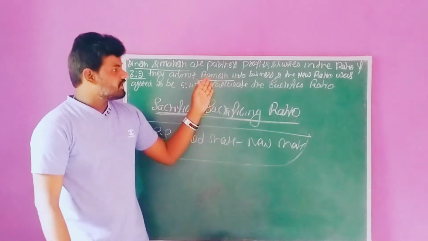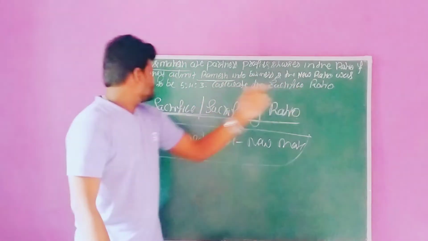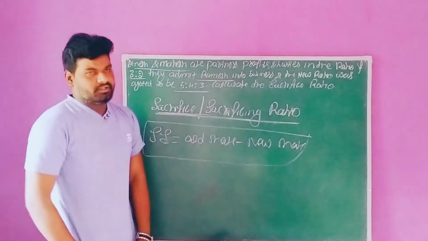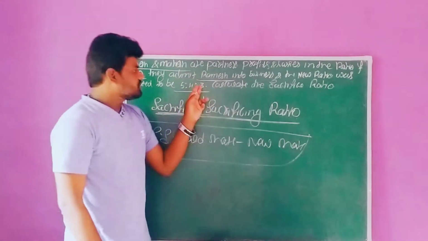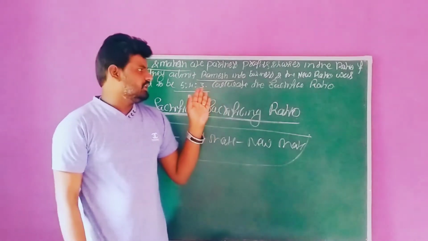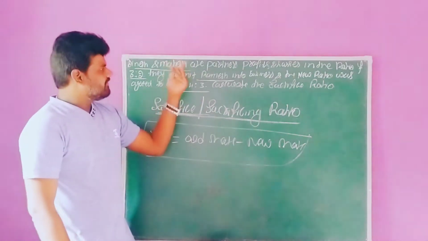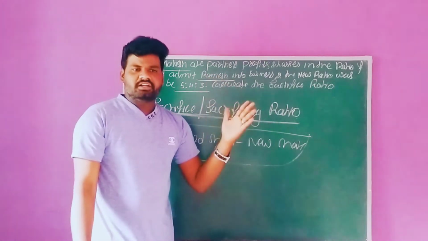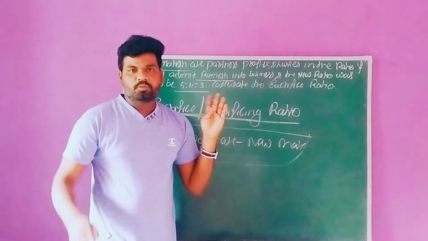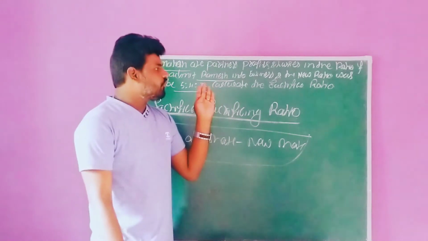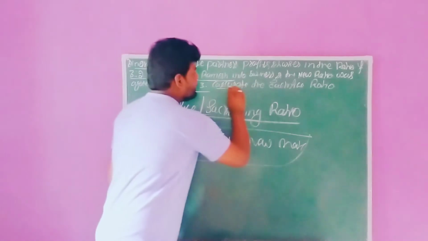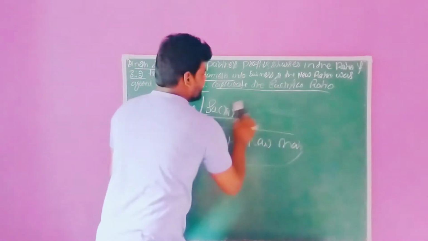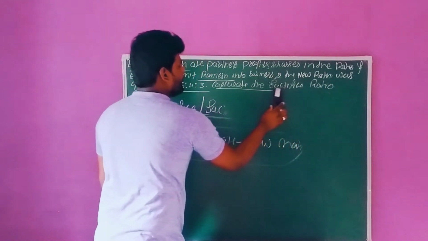After the admission of Ramesh, the new ratio was agreed to be 5:4:3. This is the new profit sharing ratio. As per the given information, the old profit sharing ratio is available and the new profit sharing ratio is also available. Now what we need to calculate? Calculate the sacrifice ratio. For that calculation, first we need to write the headline.